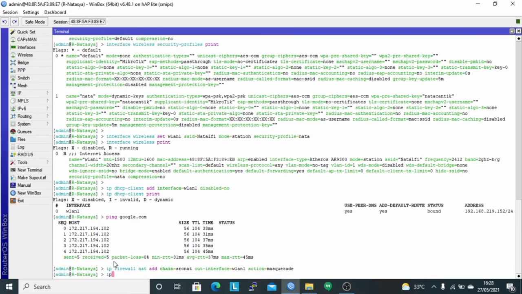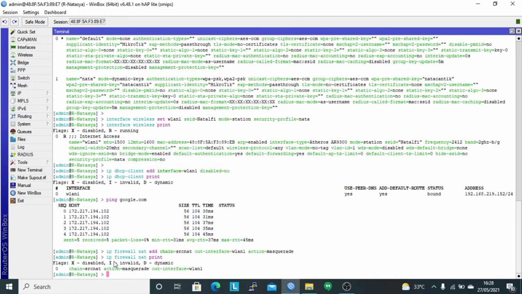Check with the command ip firewall nat print. Here it appears that we succeeded in doing the configuration.